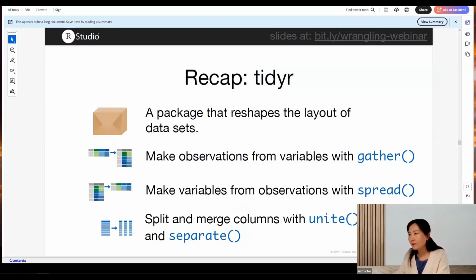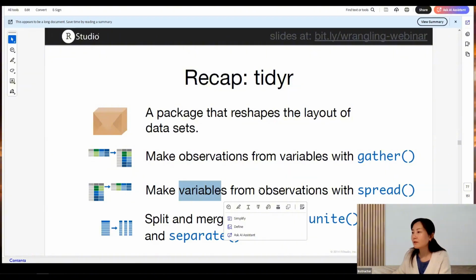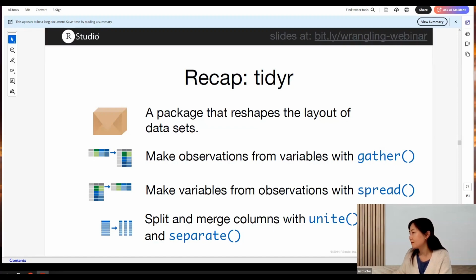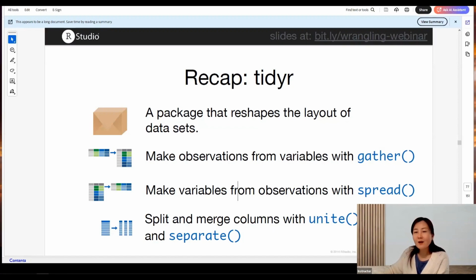All right, so this is a summary of the four functions. Gather will make observations from variables. Spread will make variables from observations of one column, and split and merge columns with unite and separate. All right, we're done. Great. Next time we'll talk about how to impute missing values using R packages, which is